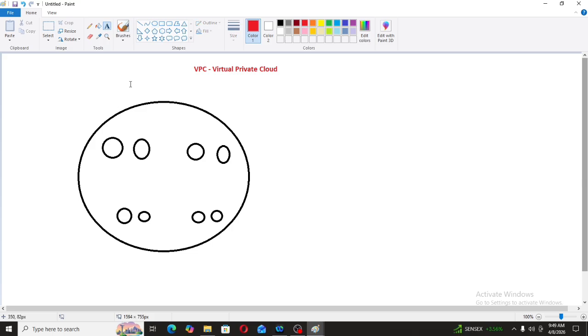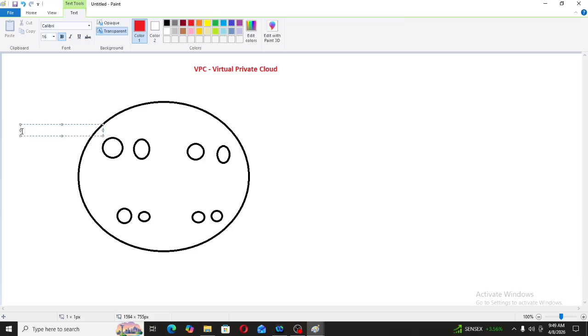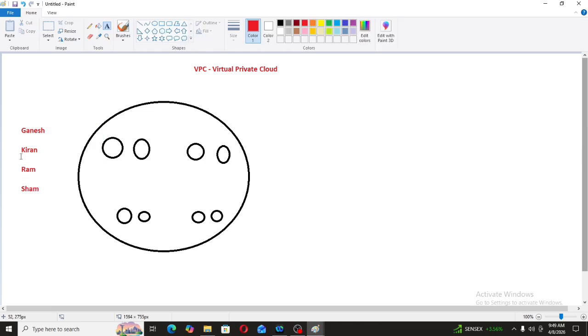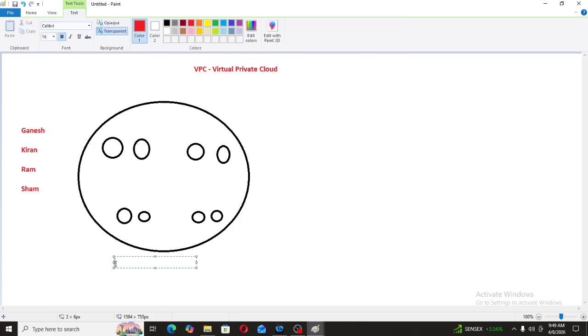There are four friends, Ganesh, Kiran, Ram and Shyam.